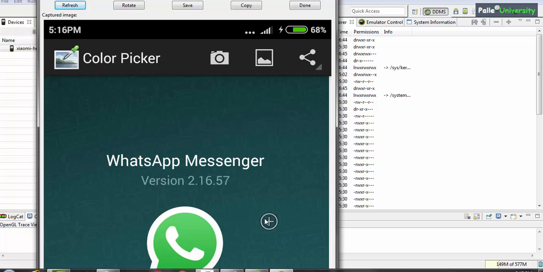So I will put the cursor on that area. When you put the cursor on that area, you can observe, I am unable to show the complete picture here, but just at the bottom of the screen, the Color Picker application has given the RGB color combination. I would recommend you to download this application and test it to find out exact hexa code values for any given color. I hope you understood.